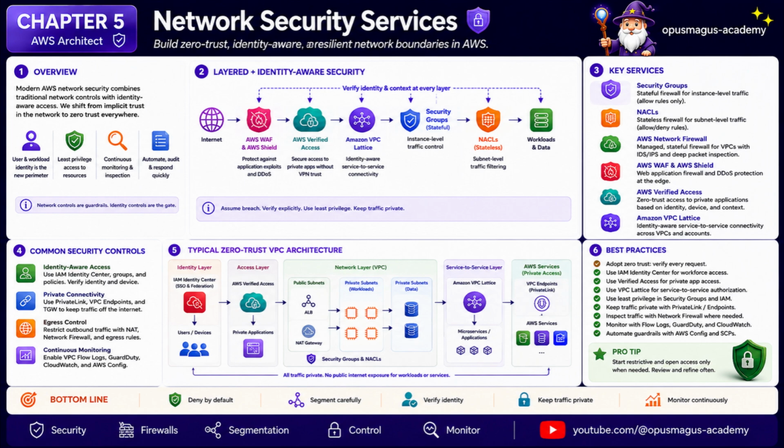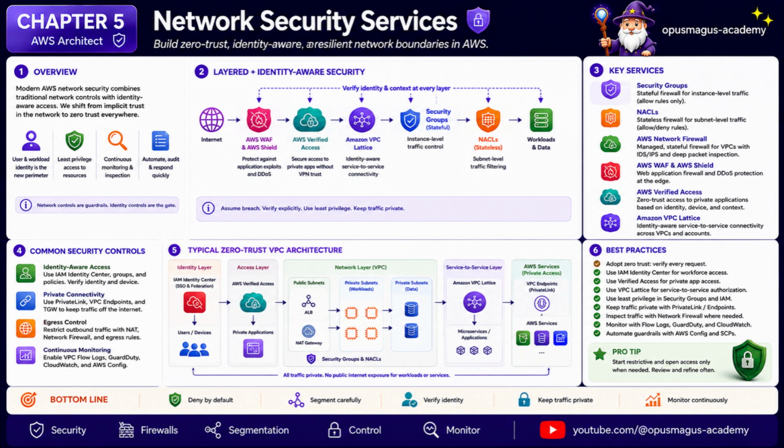Network security in AWS is not one feature. It is a layered model. The goal is to make traffic intentional. Only the right sources should reach the right destinations. Only the required ports and protocols should be open, and sensitive workloads should not be exposed just because they run in the cloud. Good network security does not start with a firewall product. It starts with placement, routing, identity, and clear boundaries.